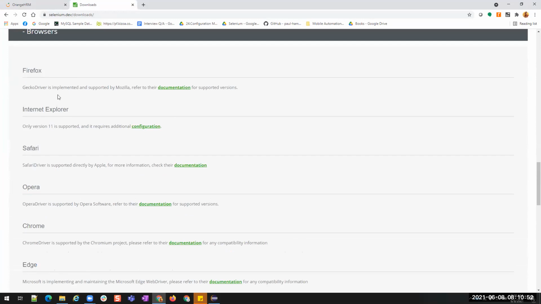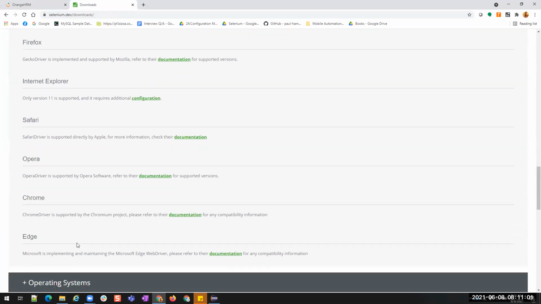We have almost all the browsers that we use. Do we have any other browsers? Mostly not.